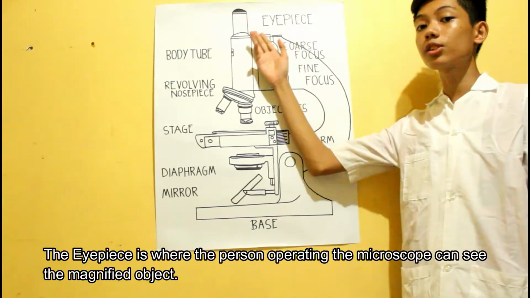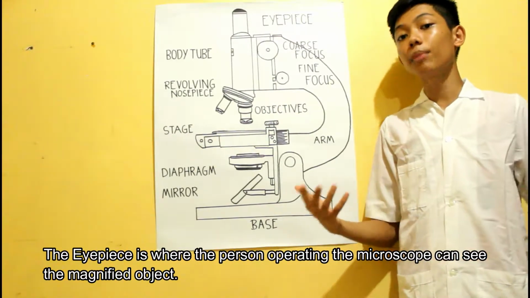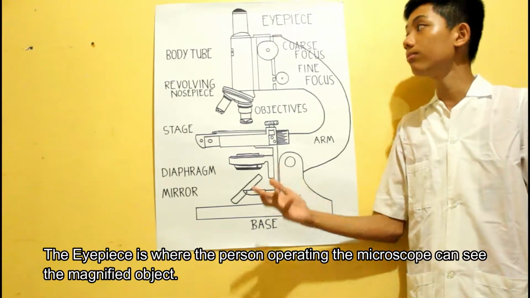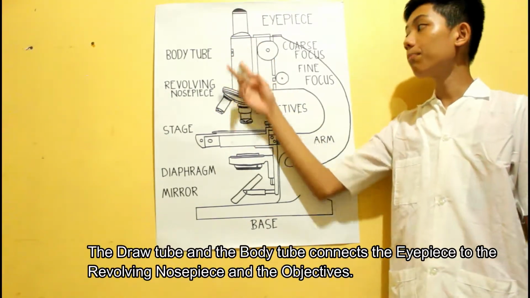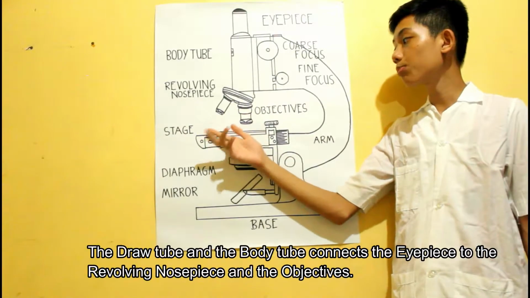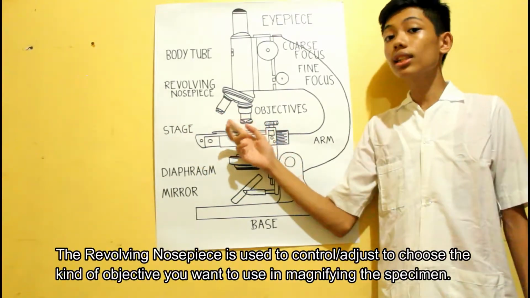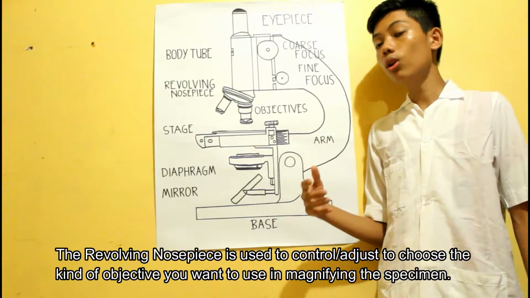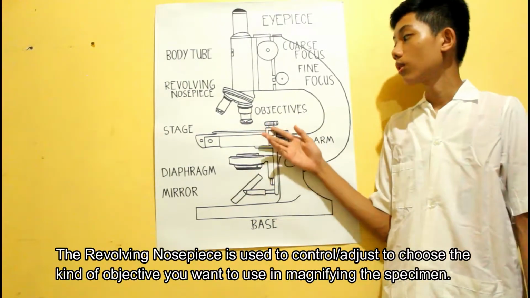The eyepiece is where the person operating the microscope can see the magnified object. And the draw tube and body tube connect the eyepiece to the revolving nose piece and objectives. The revolving nose piece is used to control or adjust the kind of objective you want to use in magnifying